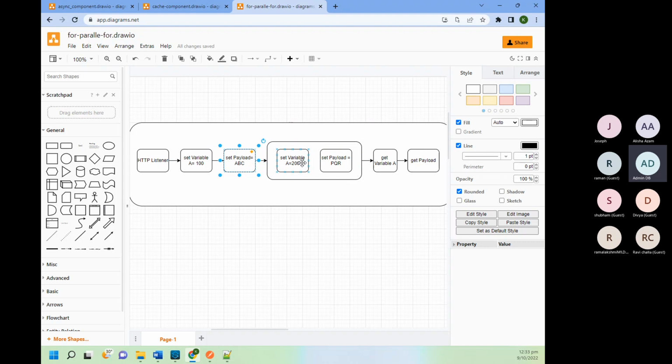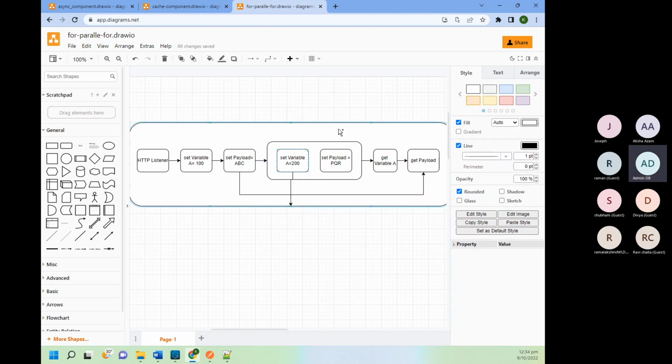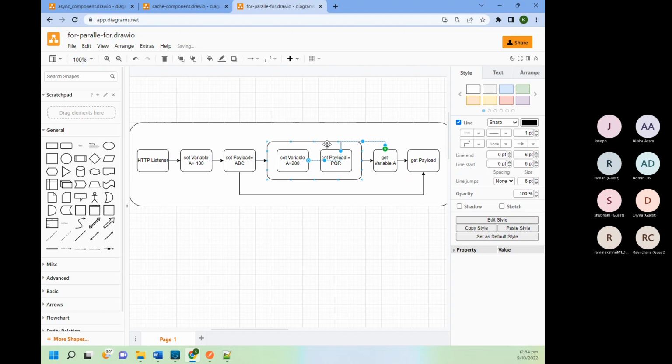Whatever you update the payload to inside for each, after this for each it will be the same as it is. This will be the same as this, but the variable will be this one. Is it clear to everyone?